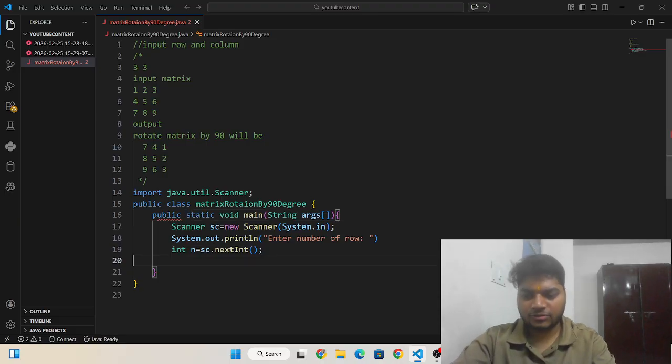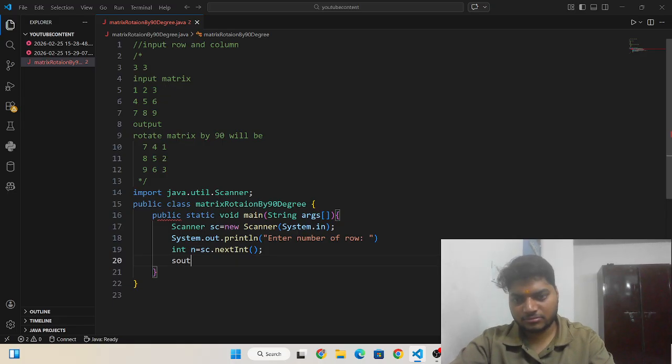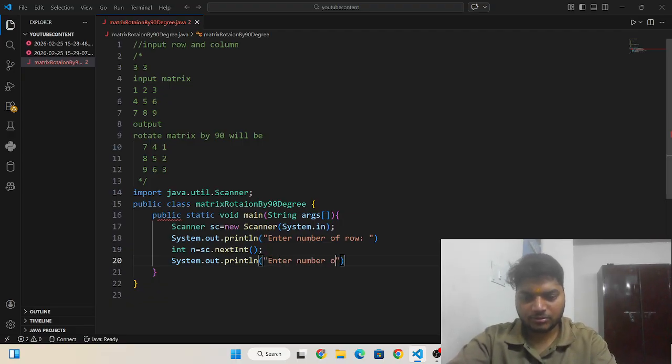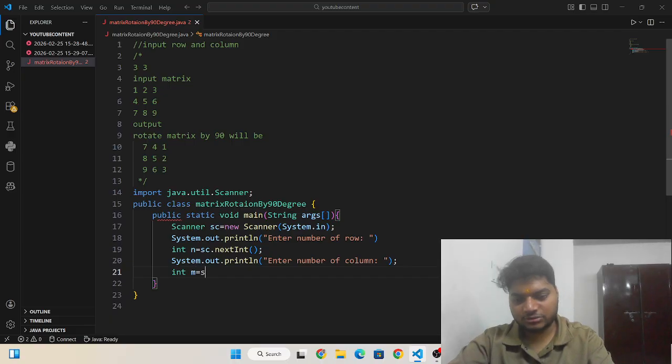And then here I need to write shout. It is not working. Shout means System.out.println, enter number of column. After writing the message, you need to take the column. So I need to write int m = sc.nextInt(),